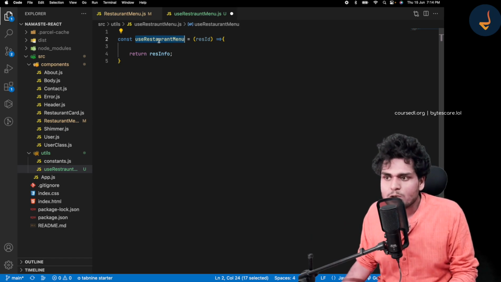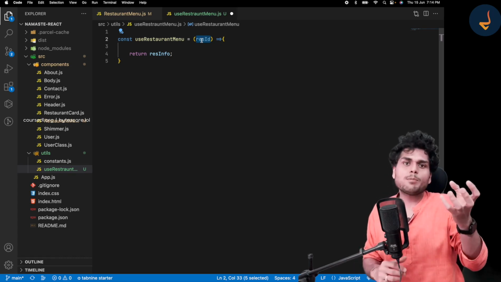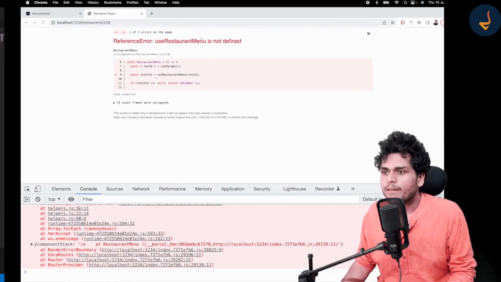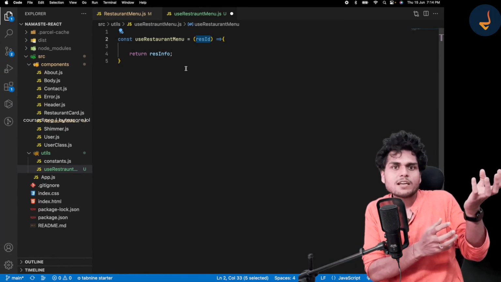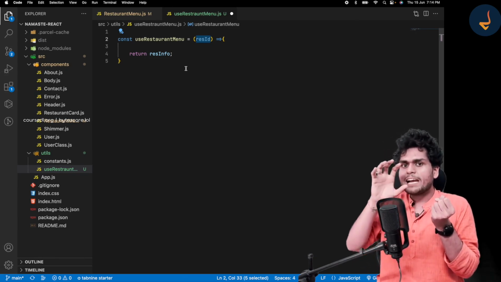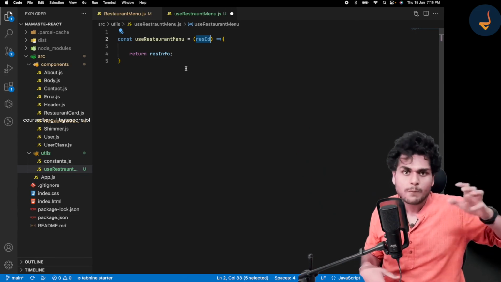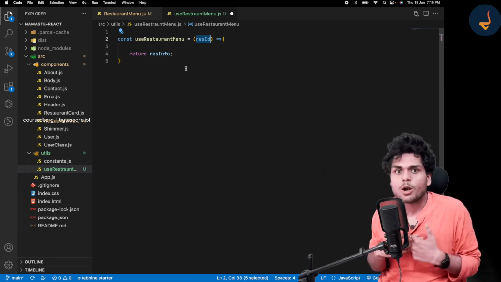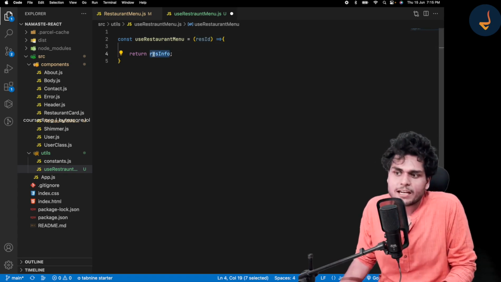The contract of this hook is that it gets a restaurant ID. Suppose we have a restaurant like Meghna Foods, or maybe McDonald's or Domino's. So we have the restaurant ID. Now it has to fetch the data and return the restaurant information back to where that hook is being called from. Got it? So we take this restaurant ID and return the restaurant information.